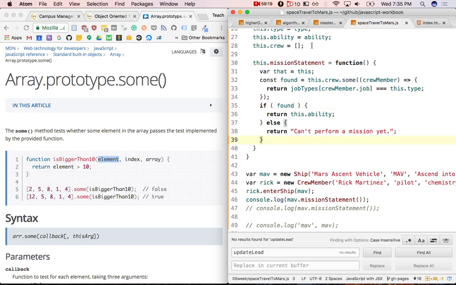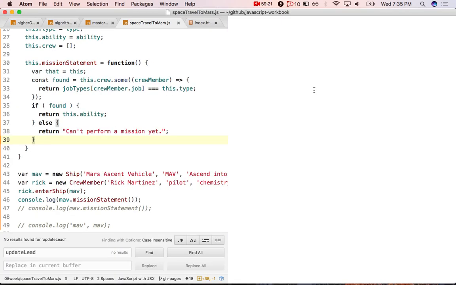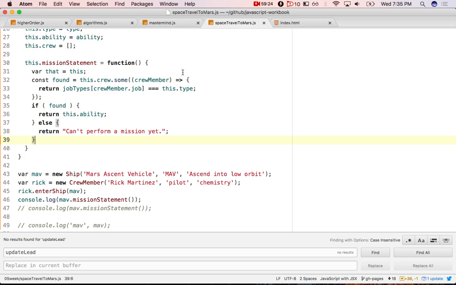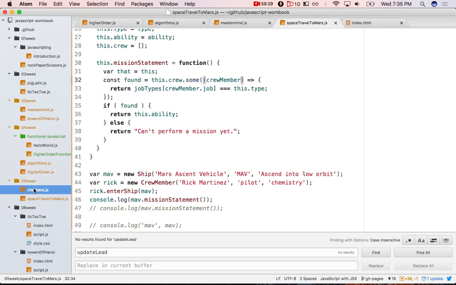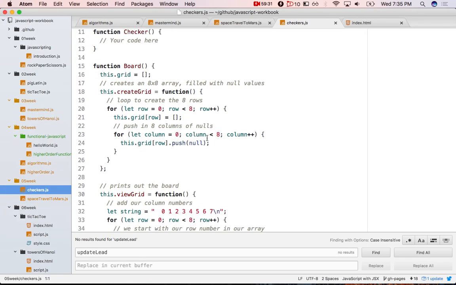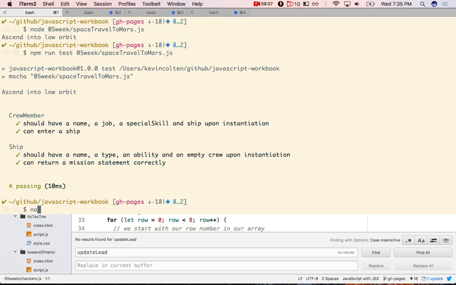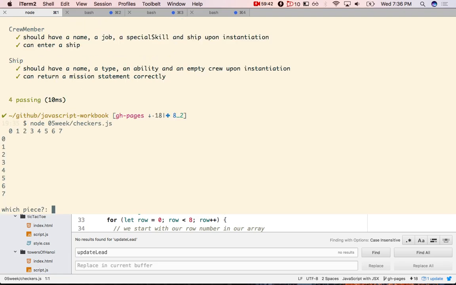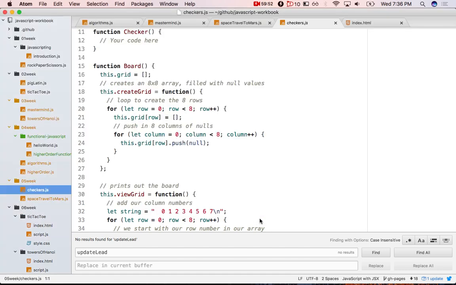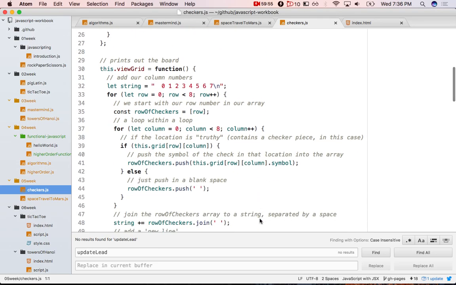All right, checkers. Oh man, 7:35. Okay, the board's already done out for you, right? So if you run it, oh, it's blank. So you have to build the checkers. But the board you see is kind of like a grid, kind of like how tic-tac-toe was. And when you build your checkers,